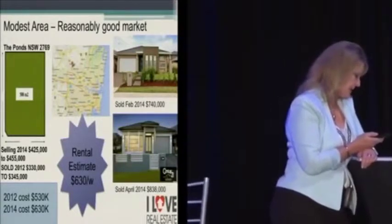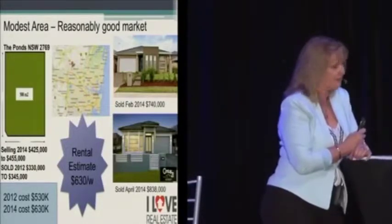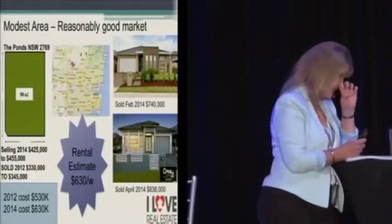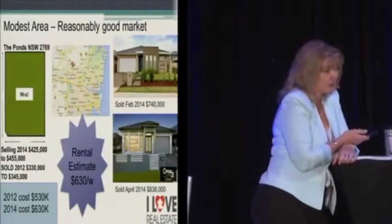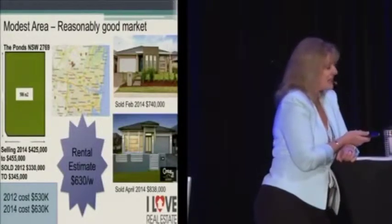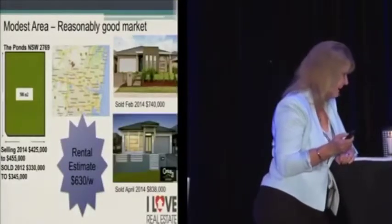When we start looking at a single rental, it's still not going to be positive. Roughly on the figures today, it's probably going to be about 10, 12 grand negative cash flow. Is that what you really want? How much do you think it's going to grow in the coming years? Maybe not. But if we did a dual lock, which doesn't seem to be coming up on my things there,